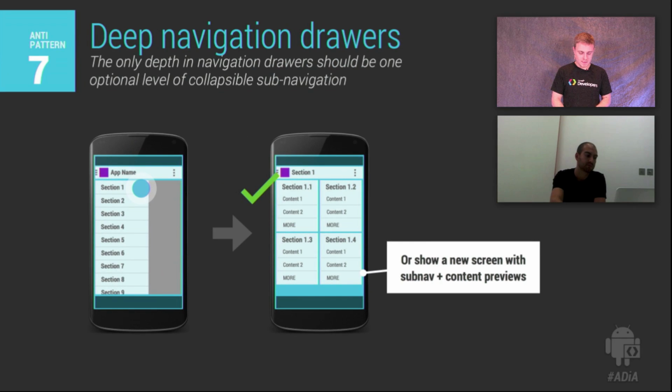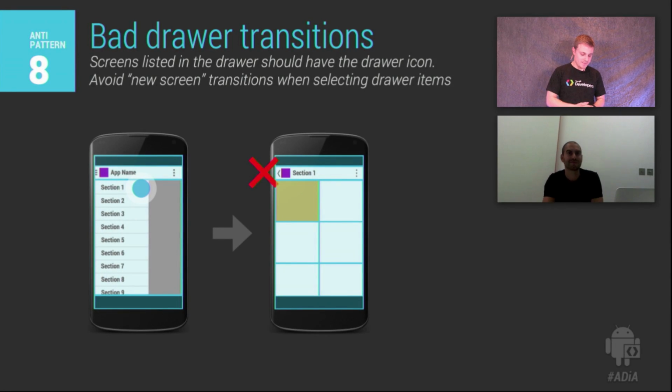Exactly. All right, our 8th item here is bad drawer transitions. There are a couple of things that this involves. When we say transition, we mean the animation, the actual visual change, as well as the transition from one screen that has a drawer to another screen that doesn't. And actually, I think the next 2 items are related to this. But basically,